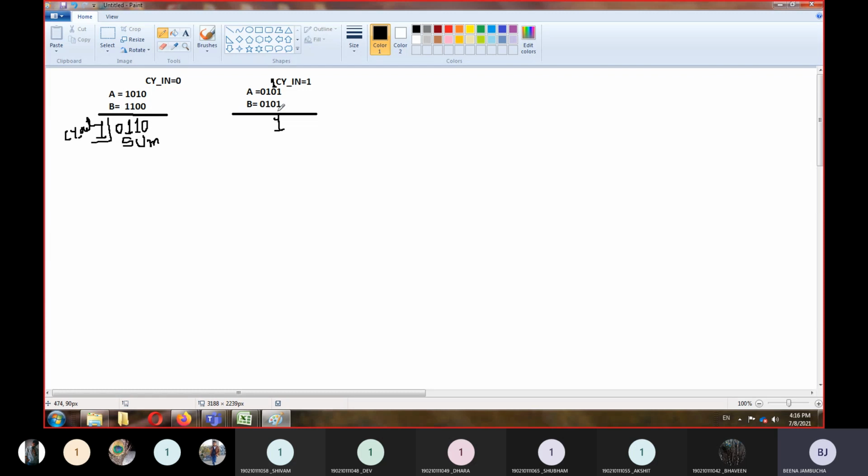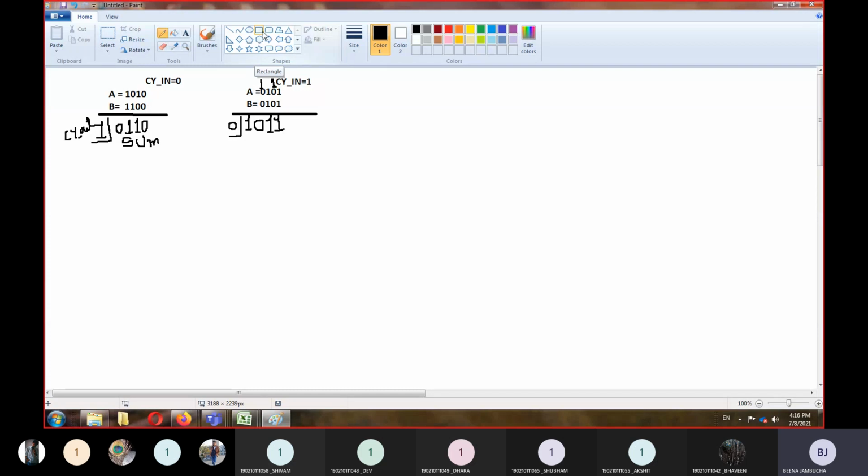So this carry will be forwarded to the next full adder. What will happen in the first full adder? It will be one full adder. It will add C in equal to 1, Ai equal to 1, Bi equal to 1, and the carry which is generated will be forwarded to another full adder. Here the sum will be 1. 1 plus 1 is 0. Carry here is 1. So here is 1, and the carry out will be 0.